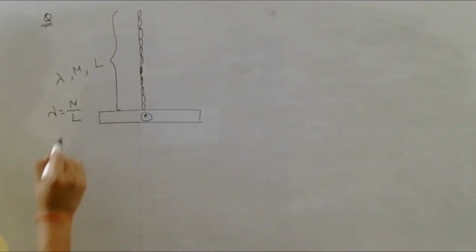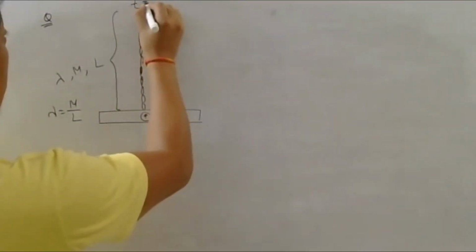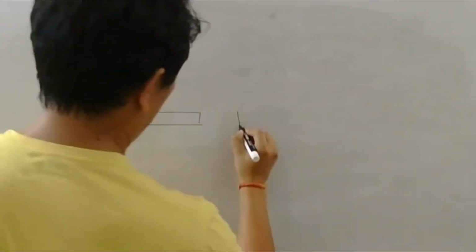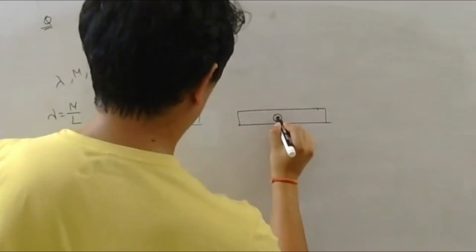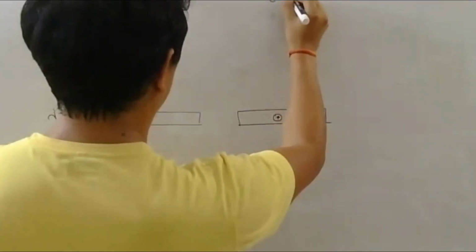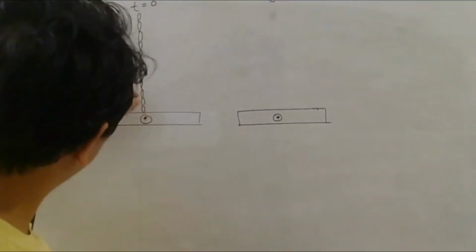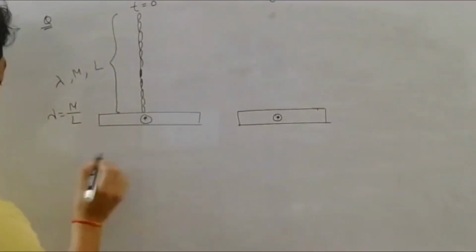So I can write lambda = M by L. This is the time 0 situation. Then it is released from here, and as it is released, after some time, the links, these pieces of the chain, will fall on the scale, and we will assume